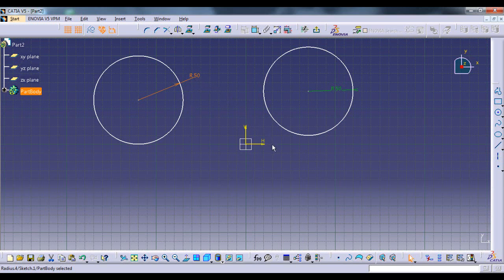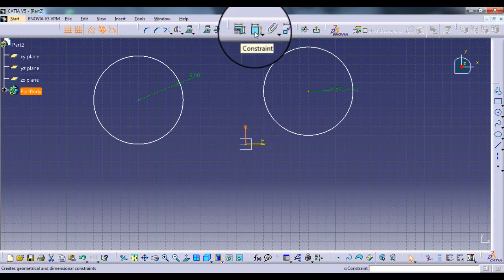We can also define the position of the circle according to our convenience. Consider that we want the center of this circle to be at 80 mm in the horizontal direction and 40 mm in the vertical direction. We simply click on the center of this circle, then select this vertical axis and click on this constraint command.